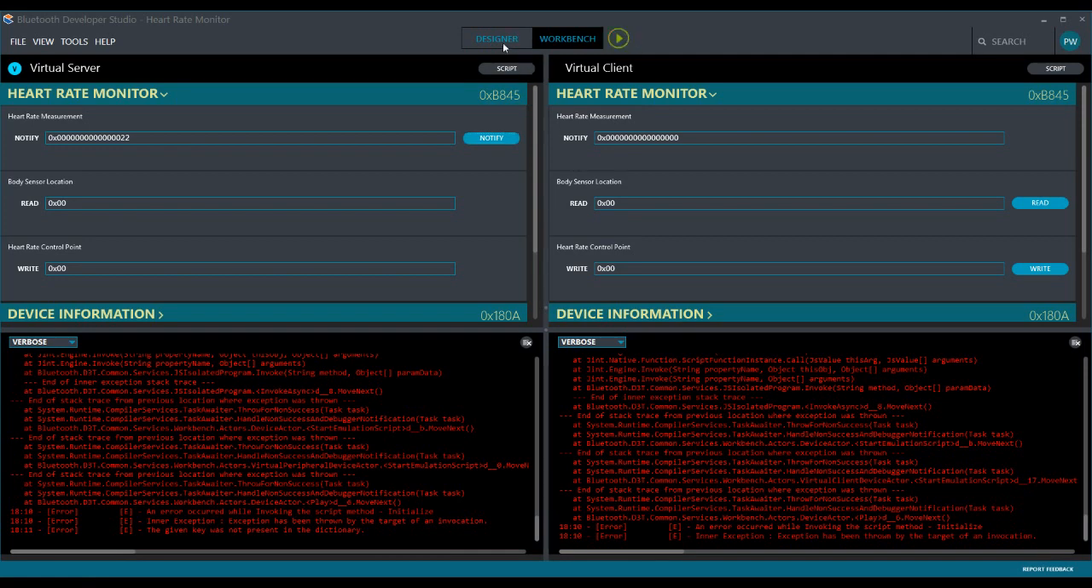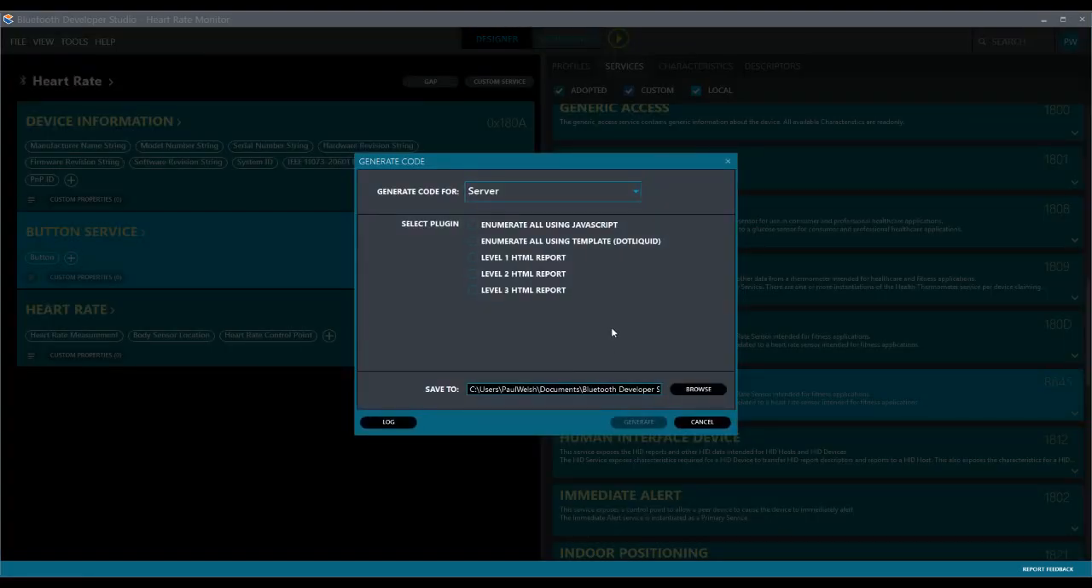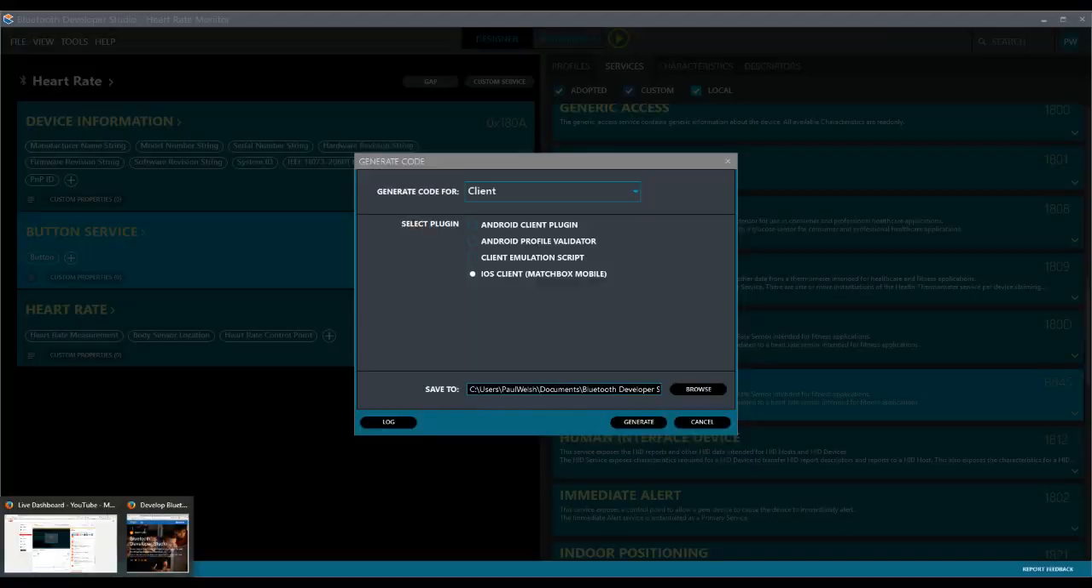Now, having done that, the next most important thing that you would ever want to do with this is to generate some code so that you can use it in a client application. So as you can see here, I can go to the generate code function. I can pick down a client, and I can generate a client. Generate code for an iOS client here. Before I do that, I'll just show you that it's possible to